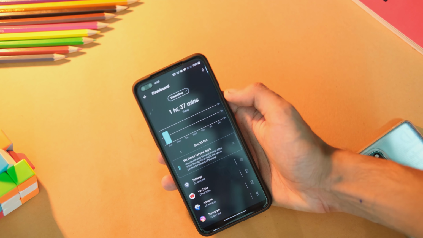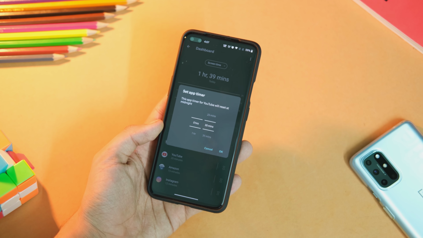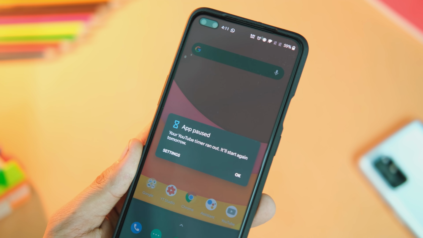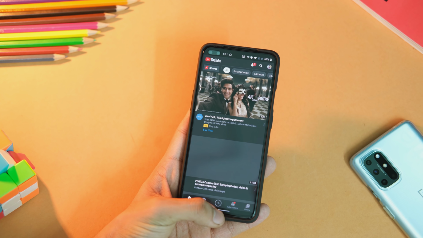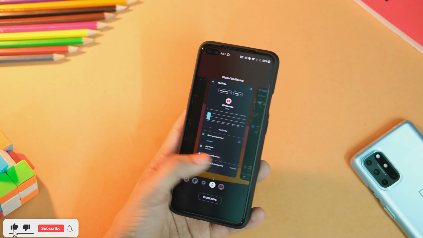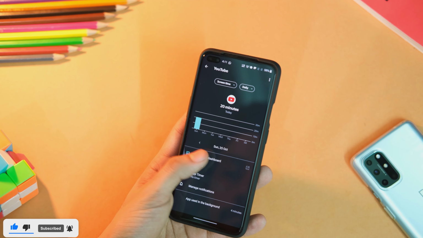And if you feel like setting a timer, then you can do that as well. After you have used an app for a specific time, it will go into a lockdown mode, like we all are in 2020. So the device will give you a warning if you exceed the time, and you can disable that easily in case you still wish to use the app and have no self-control like me.